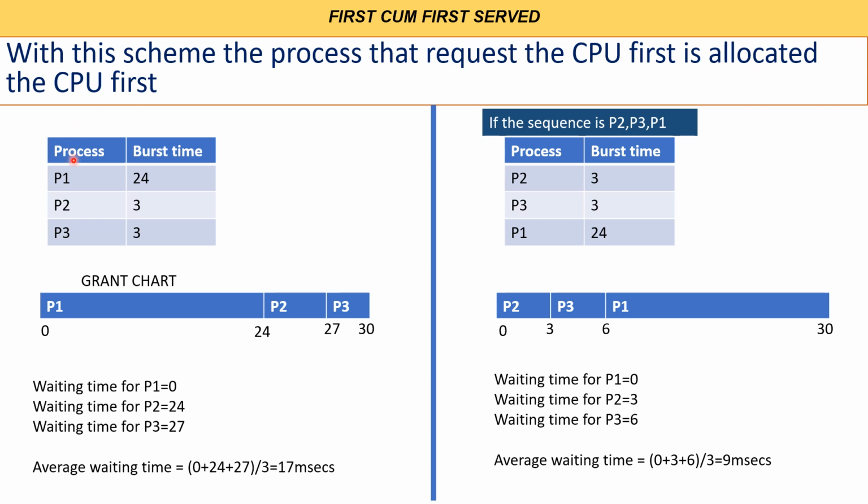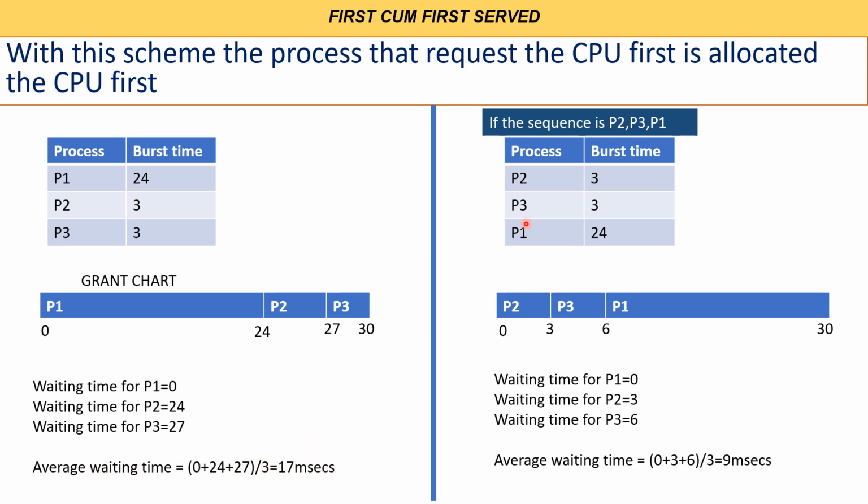As we see, there are three processes. The first one has a burst time of 24, the second 3, and the third 3. The burst time is the time required by the CPU to execute the process. I represented this in the Gantt chart as a time sequence. P1 comes first and takes 24 seconds, then the next takes 3 seconds, and the next 3 seconds. The total time is 30 seconds,